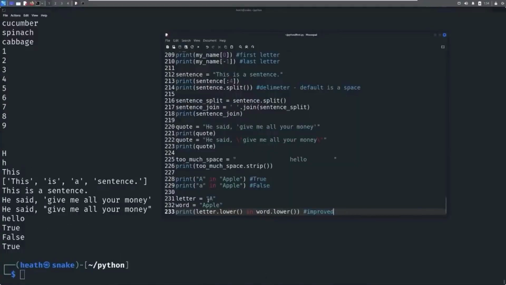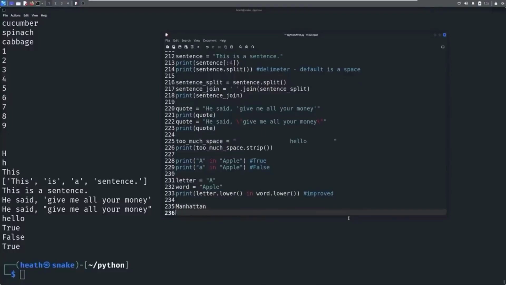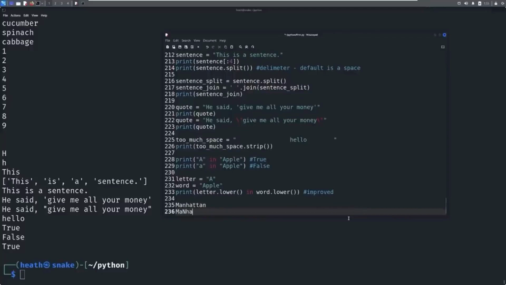Think about when you're trying to match a word or a string or anything. Think about school, and we're thinking about a word, maybe like Manhattan, and somebody types in Manhattan like this. We still want to be able to accept that answer as true, even though they may have screwed up a little bit on the punctuation. Now, there could be instances where we want a capitalized letter and it has to be very specific. In that case, this kind of syntax works. But if we're looking to just accept